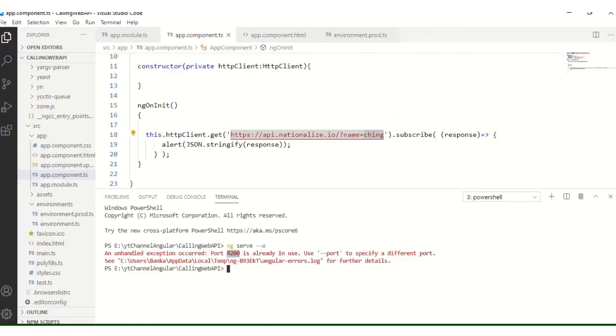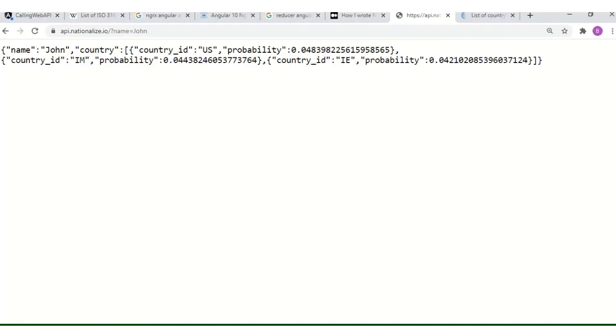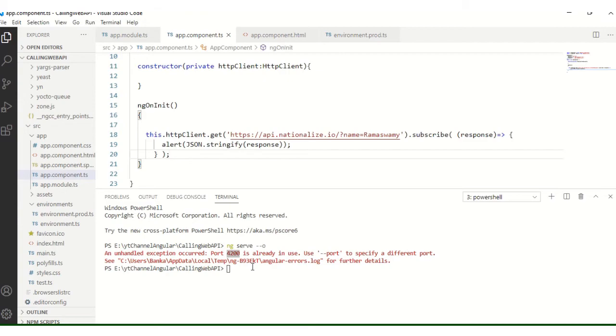Okay, and if you go here, suppose I change it to Ramaswamy. So I will change to Ramaswamy. Then let's see what is happening here. Okay, we will go to that application. It is saying that Ramaswamy does not belong to this database. So I will just go there and I will write here